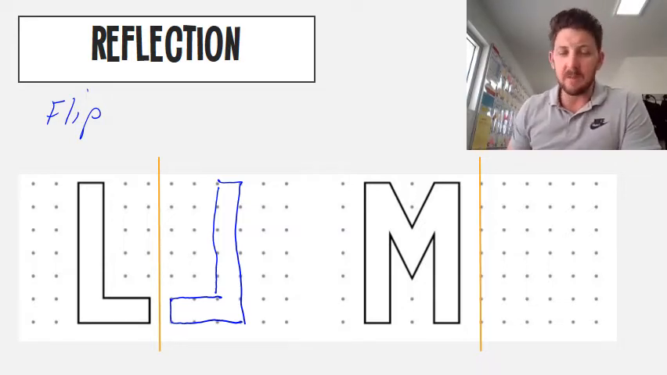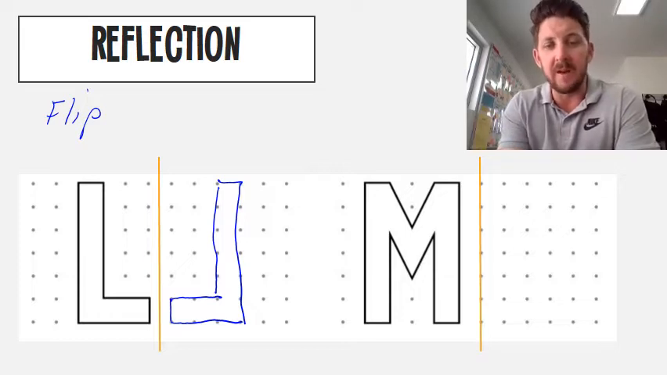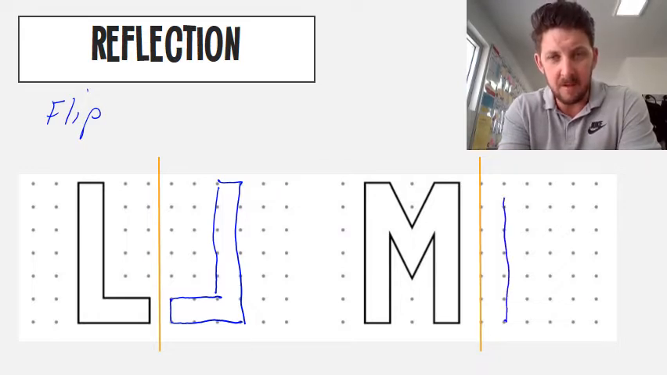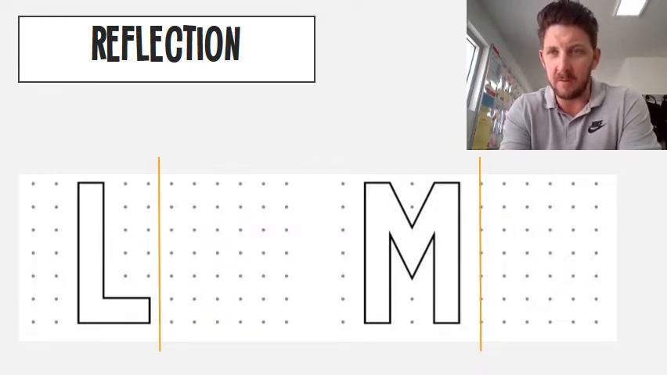Once again, we've got the M. You can see that if I'm going to reflect it, my line of reflection is that orange line in the middle. We have to make sure that it is exactly the same on the opposite side. Now, a really good way of doing this, and you can see I've made a mistake there, so I'm going to rub it out,